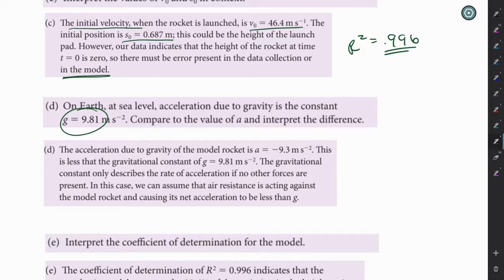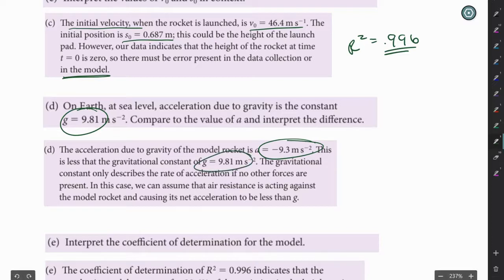So the value we got from the model was negative 9.3 meters per second squared. So this is less than the gravitational constant. The gravitational constant only describes the rate of acceleration if no other forces are present. In this case, we can assume air resistance is acting against the model rocket and causing its net acceleration to be less than g. So in a vacuum,